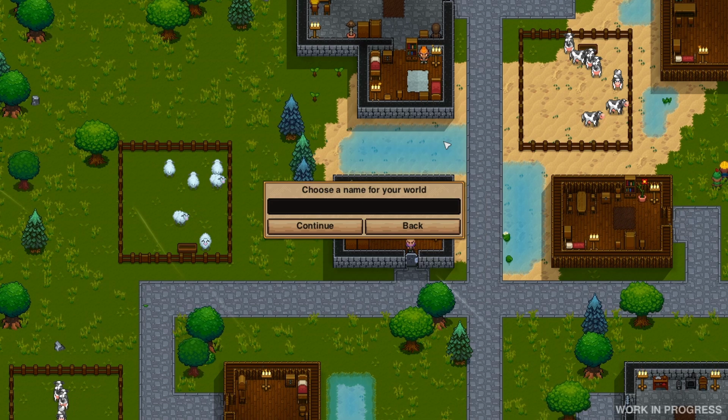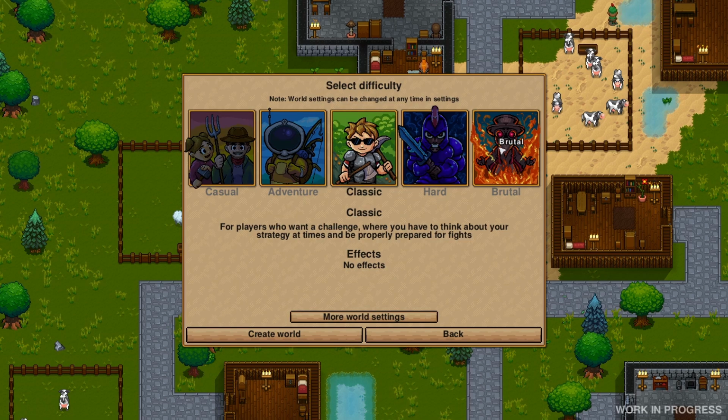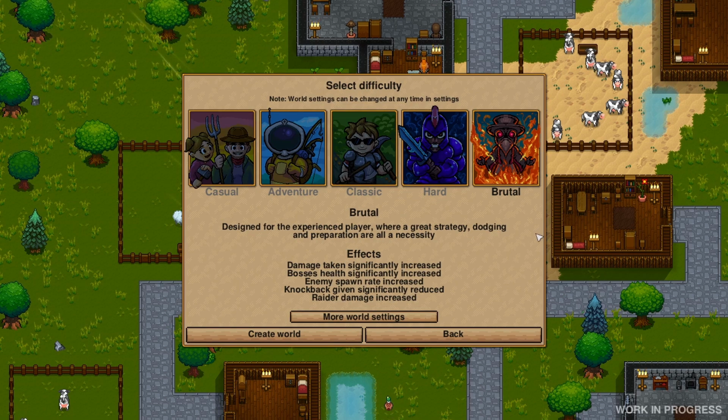Today, I want to do a challenge run for being completely zoomed in. So, let's call it zoomed in, that's going to be my world name. Let's go brutal mode, so not only will I be completely zoomed in, it will be brutal mode too, so